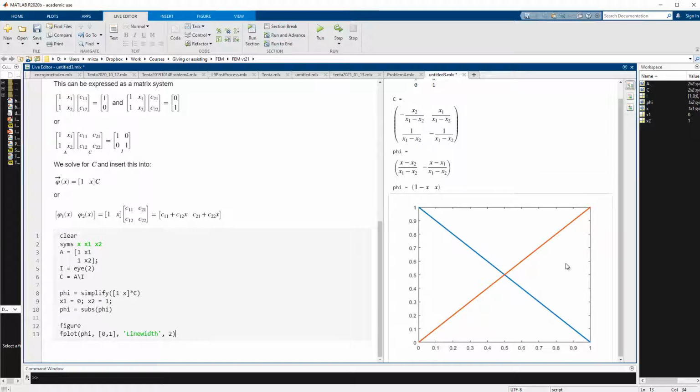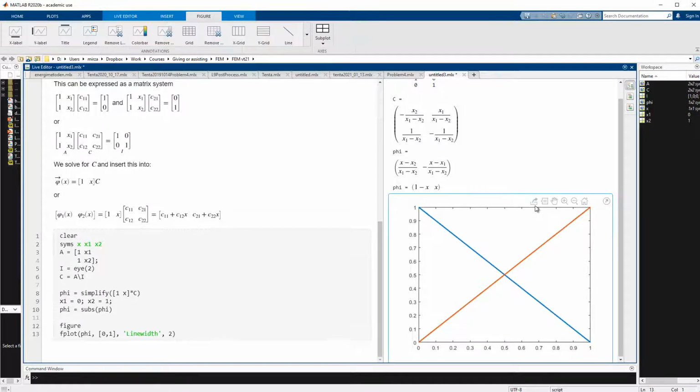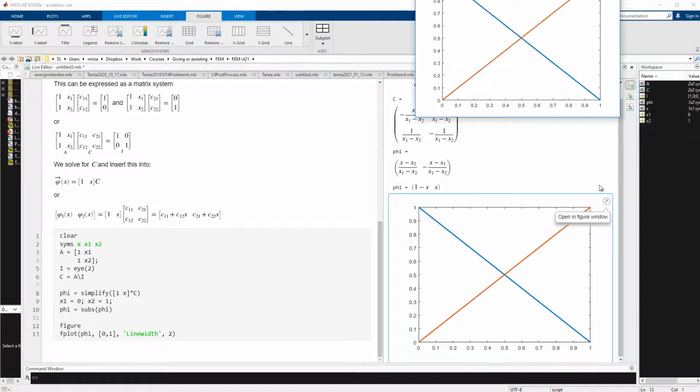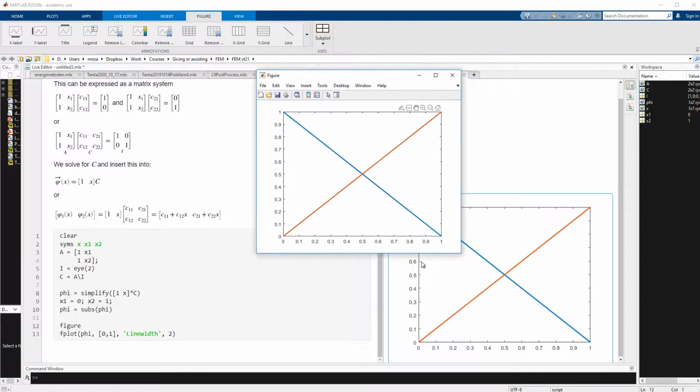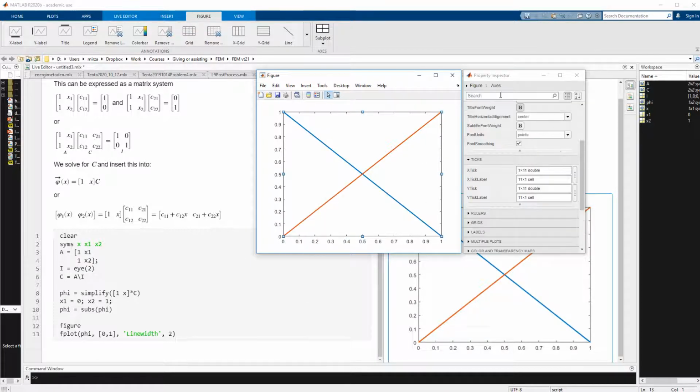So I'm gonna show you how to do this without looking through the help files and examples and whatnot. There's actually an easier way. What we can do here is open this figure window, so we get it separately like this. Now we can go to this tool here with the edit plot. You can press here somewhere, and we can do open property inspector. So we will get this window here,